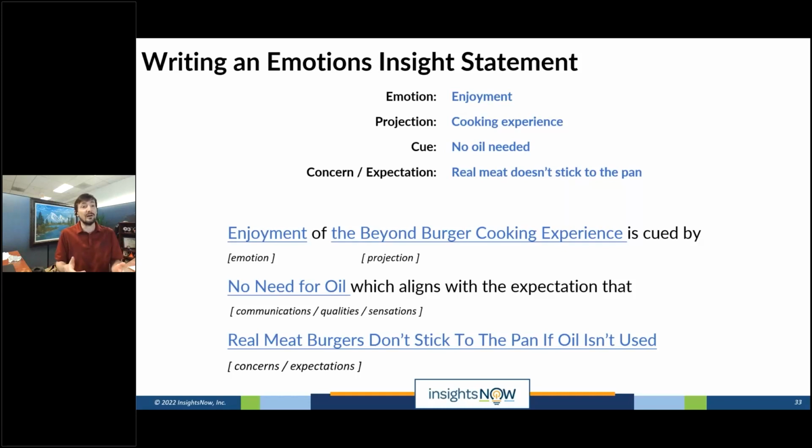And part of the joy of doing research is being able to find these connective tissues. It's those connective tissues between the concerns, expectations, how it's being communicated, the cues, as well as the emotion. When you put those all together, you've got something that really will pop out of the research for you and make an impact within your organization. Now that's if we're just focusing on open-end information. So all we're doing is taking person by person, quote by quote, and trying to identify, well, what is that person really talking about? And can I bring their personal opinion to life through an insight statement?